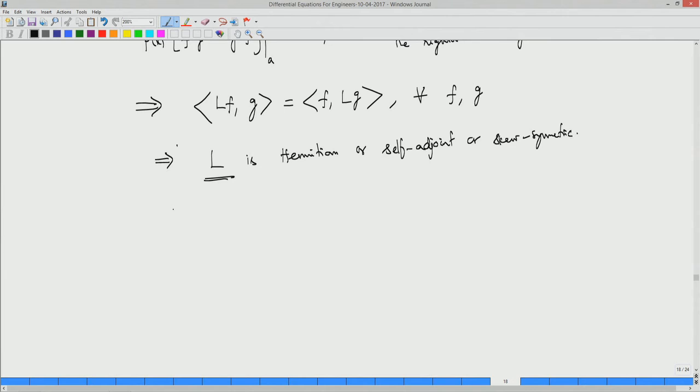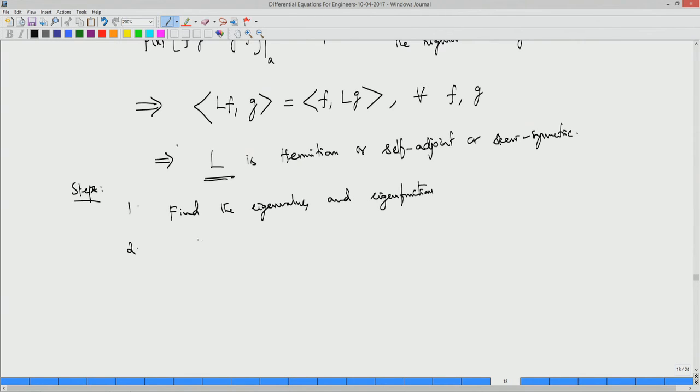So, once you have this, the next step is to find all the eigenvalues and eigenfunctions. The vector is actually a function here, so we call these eigenfunctions, that is the step. So, the next steps are like this. The first step is to find the eigenvalues and eigenfunctions. The second one is,